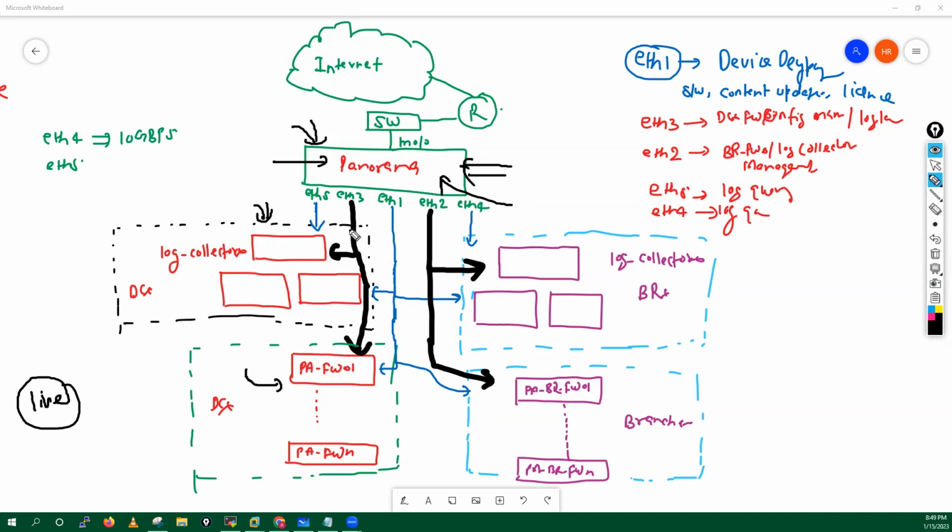Because there is always some delay; you will not get the live logs right away in Panorama. So if you want to do troubleshooting, you have to look at that firewall. Here we are sending the logs just for getting network visibility, creating reports and other tasks. That's the main purpose.